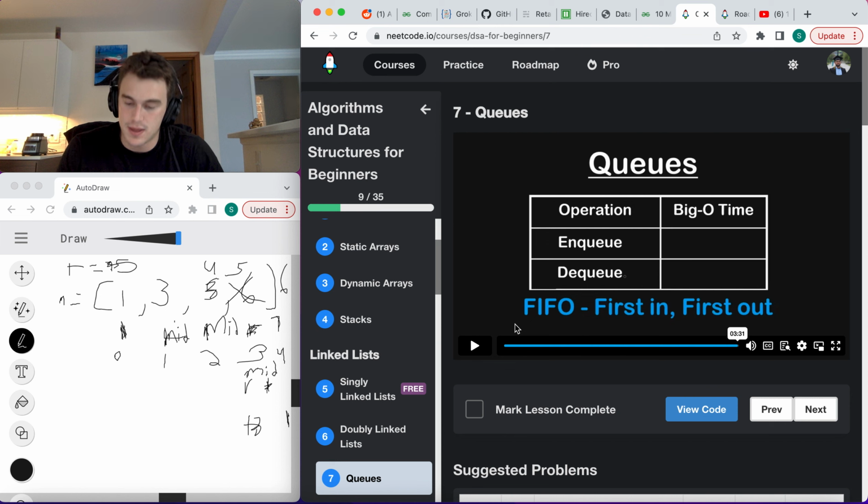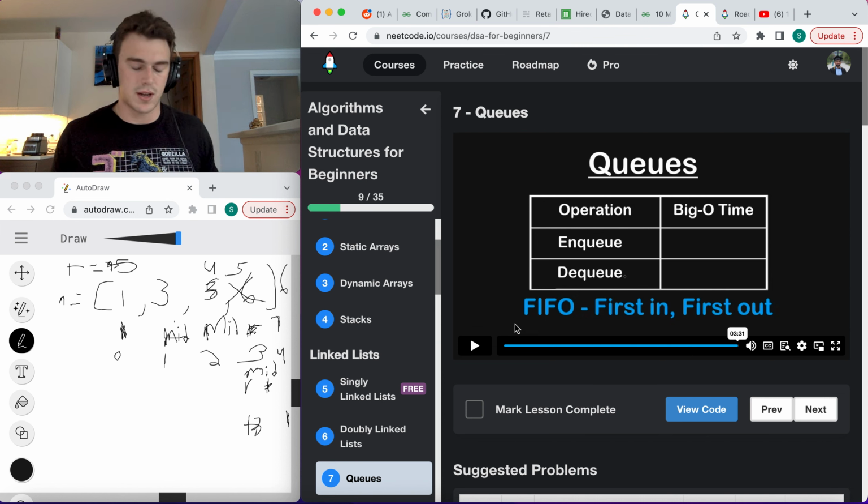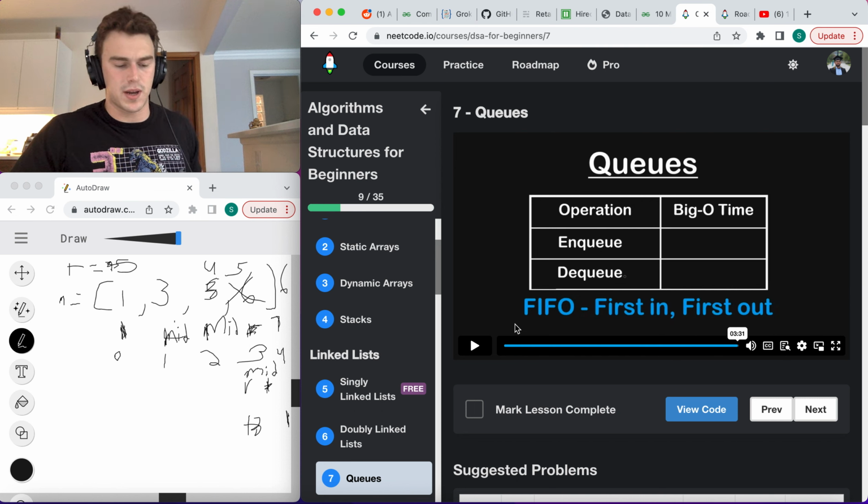You got the advantage over arrays where you can remove the first element in O(1) time, not O(n) time. You can actually implement a queue with an array, but it's more complicated apparently, just using pointers. Then I did 49 group anagrams,